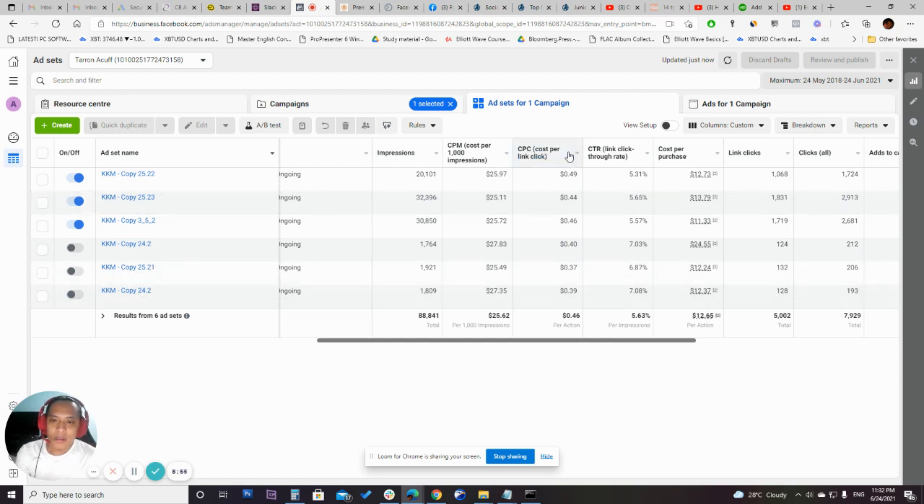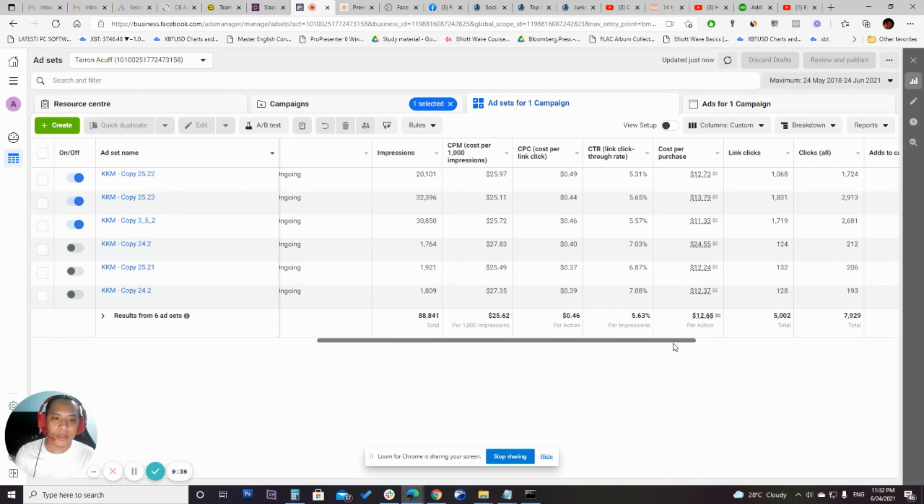What is important for me is the CPC and the click link through rate. The CPC should be at least $2 or less, or at least $1, more or less. As you can see, we are having 0.49 to 0.39, which is quite good. And also the click-through rate is above 2%. The highest is this one,